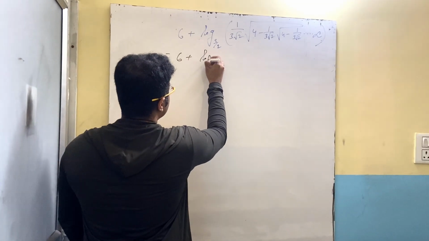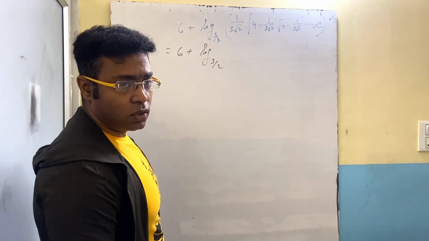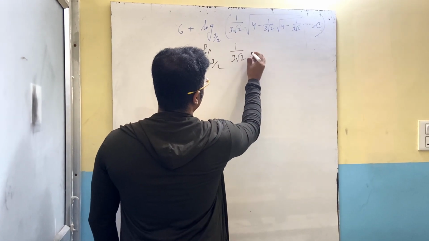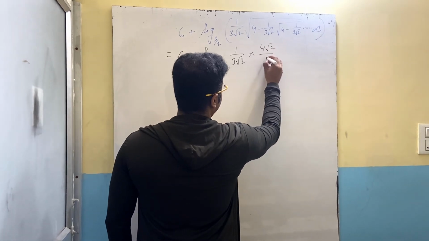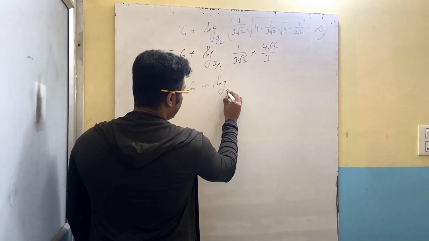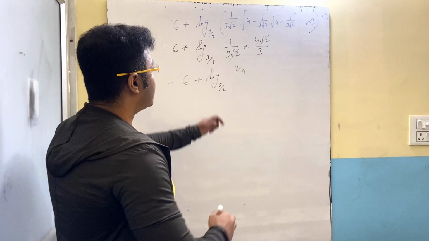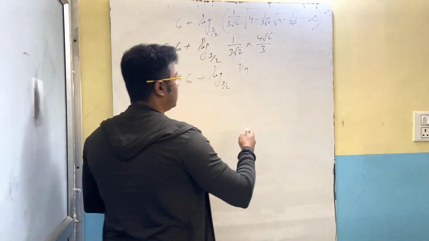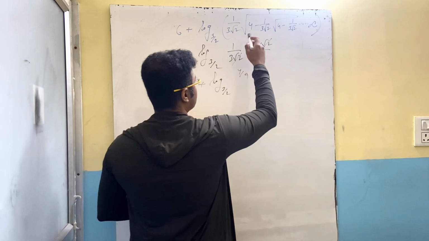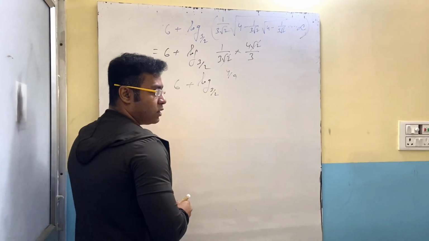So 6 plus log 3 by 2. The value what we got? 4 root 2 by 3. 1 by 3 root 2 into 4 root 2 by 3, right? Yes. Root 2 getting cancelled. What I am left with is log 3 by 2 and this is coming out to be 4 by 9. Okay? Instead of this entire thing, I have placed 4 root 2 by 3, because in the previous page you have seen how we obtained this 4 root 2 by 3. Then I have cancelled and finally I got 4 by 9. Okay? Now,